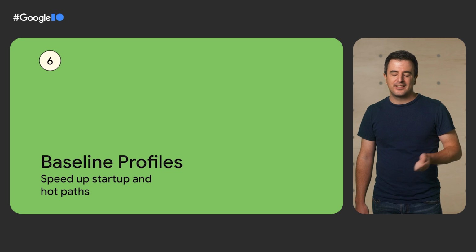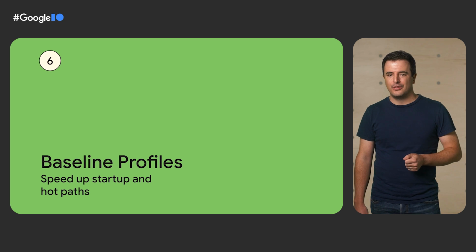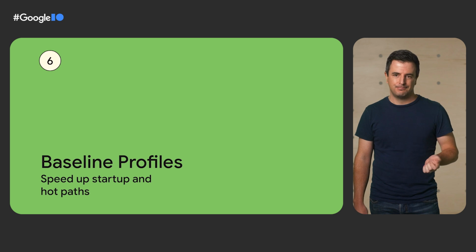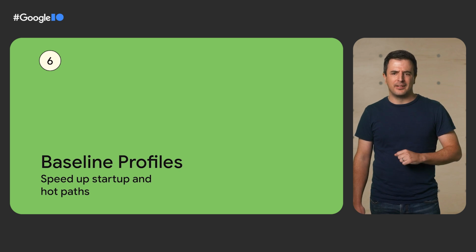We are seeing the effects of just-in-time compiling. When running from Android Studio, there is often a performance drop at startup as your code is interpreted. Most likely, your users will never see this effect thanks to our next item, baseline profiles. Adding a baseline profile to your app can help to speed up startup, reduce jank, and improve performance. But what exactly is a baseline profile?